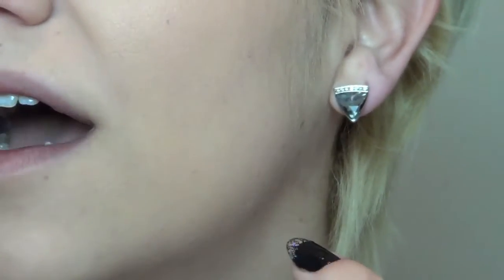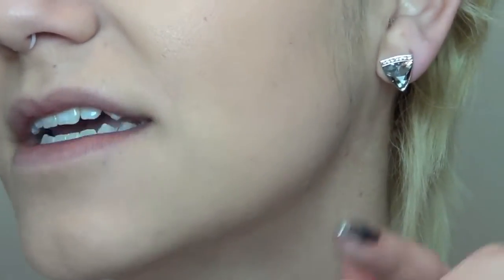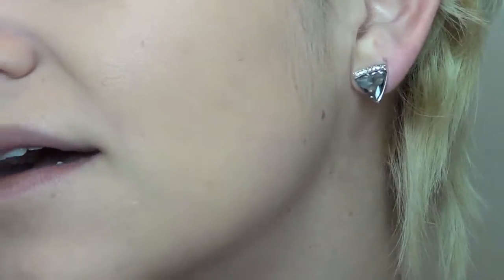So now you can see what I showed you earlier, this tricky little vein is always there. It's the bane of my existence. But it did a really good job of covering up my redness. My redness is completely gone. Down here, it's funny, in my mirror you can't see it, but I noticed on the camera you can see the discoloration in my chin. But I could just apply another layer of foundation right there, and that would probably be gone, but I'm not worried about it because I can't see it. I think it's just the lighting and the camera picking it up, but this feels